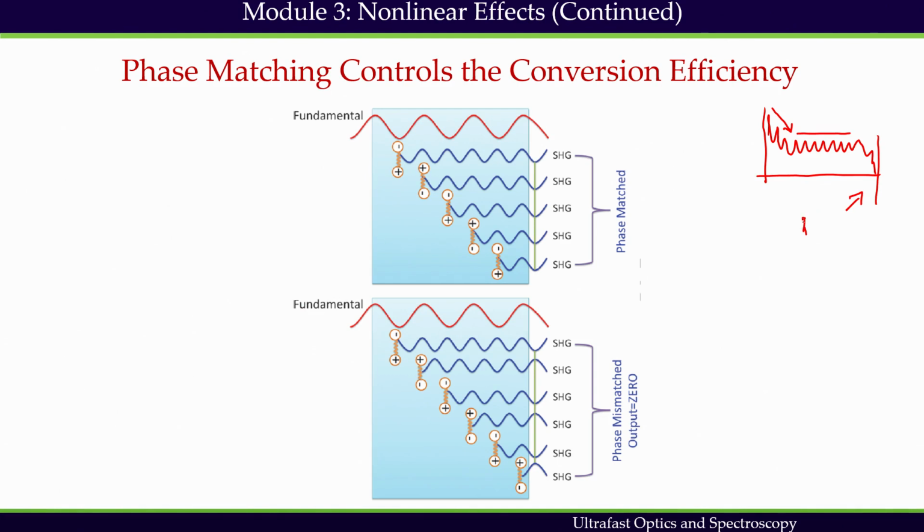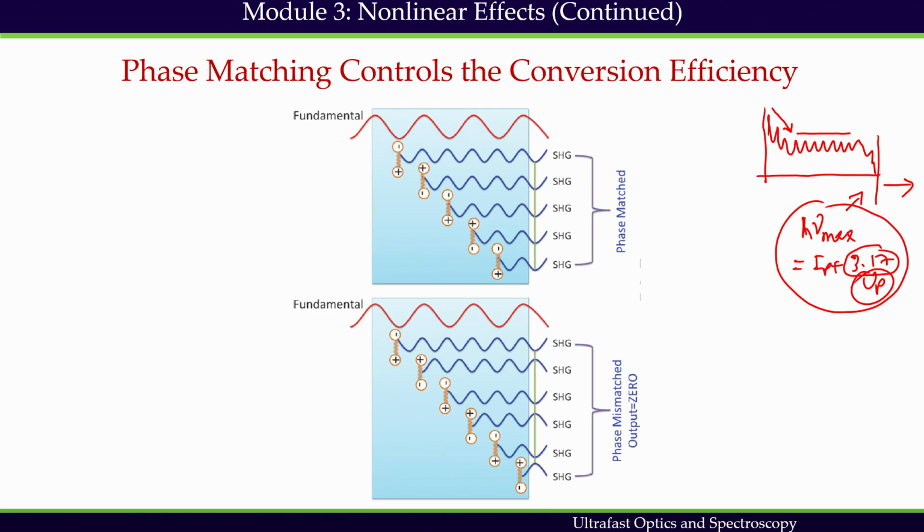That cutoff we have expressed as h nu max, which is going to be Ip plus 3.17 Up, and we have seen why we get this 3.17 factor. This is the maximum cutoff energy, and in order to increase the cutoff further to higher photon energy, we have to change Up, the ponderomotive energy, which depends on the driving laser wavelength as well as the intensity. But then the question is, phase matching is an important concept, and what does phase matching mean?